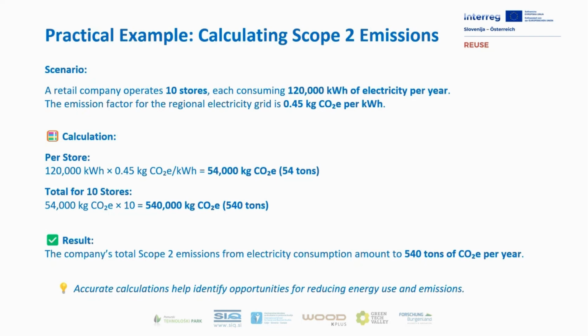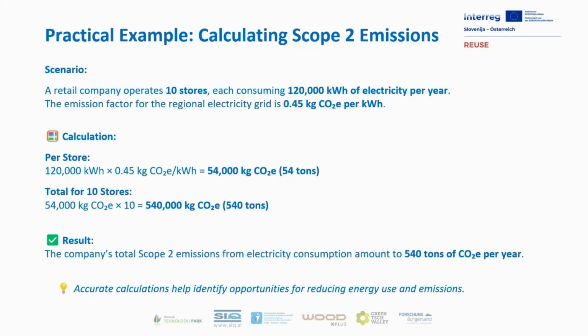So 120,000 kilowatt hours times 0.45 equals 54,000 kilograms of CO2e. That's 54 tons of CO2e per year from a single store. Since the company operates 10 stores, we multiply that amount by 10. 54,000 times 10 equals 540,000 kilograms of CO2e, or 540 tons of CO2 equivalent per year for the entire retail